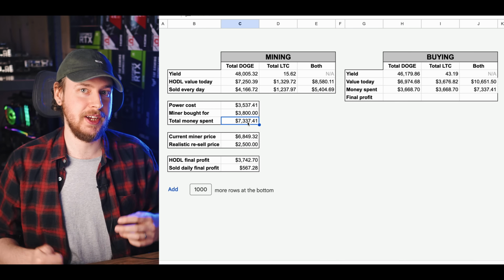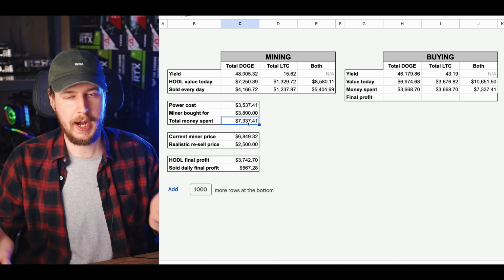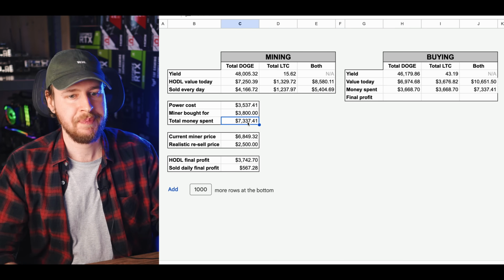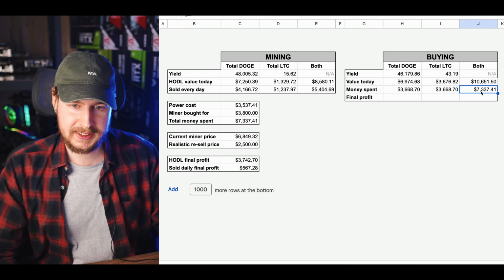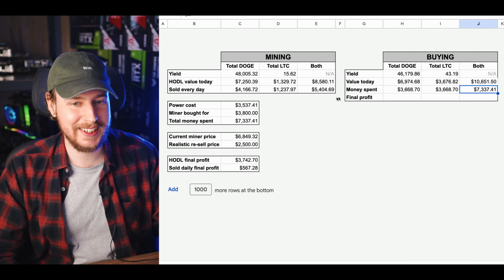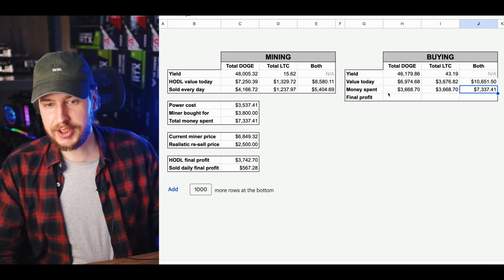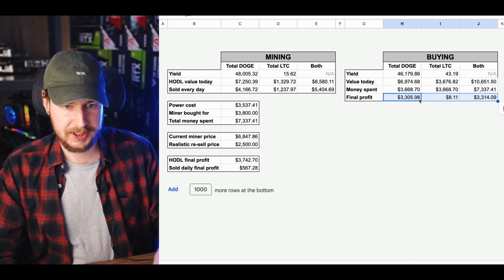Spend the exact same money on the miner plus electricity as on buying the coin. What's more profitable, right? So taking that into account, we spent $7,337 through buying the coin instead of buying a miner and mining it. What's our final profit? Well, let's have a look, shall we? Let's reveal the numbers here, and we can see